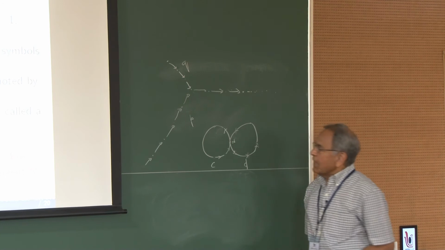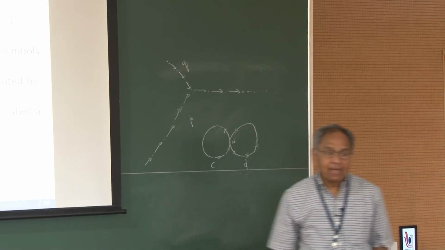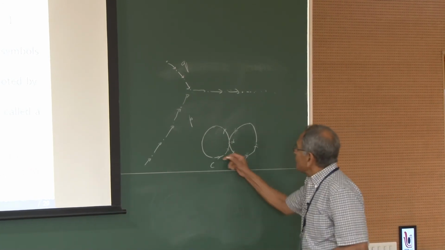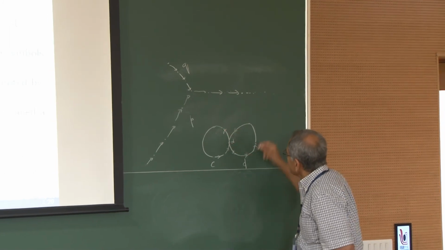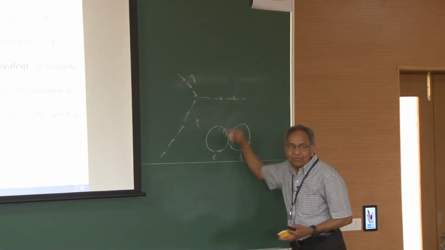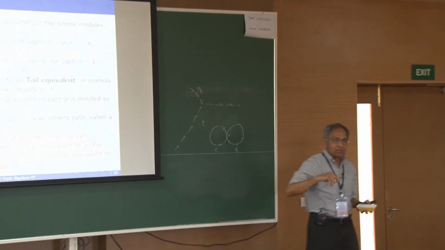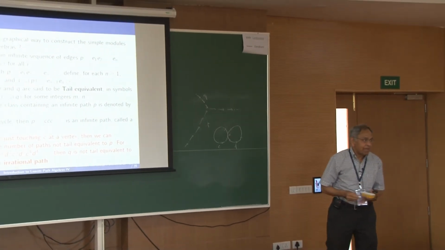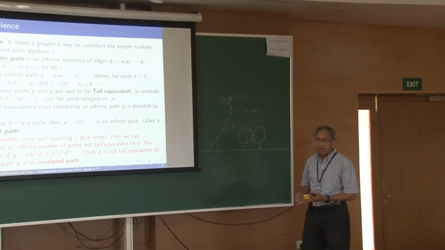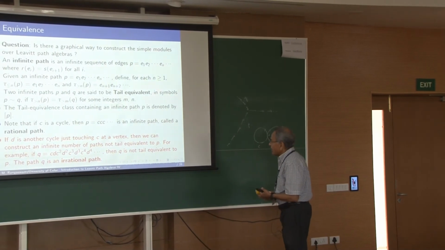So I can generate an infinite path by going 2 times this way, come back, 2 times this way, come back. So I can keep on generating an infinite path by using the various powers of